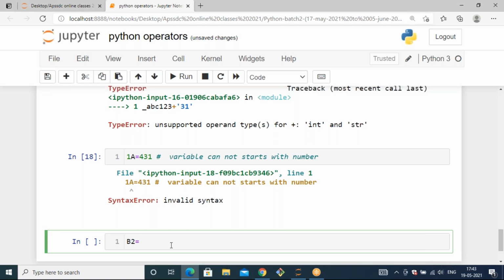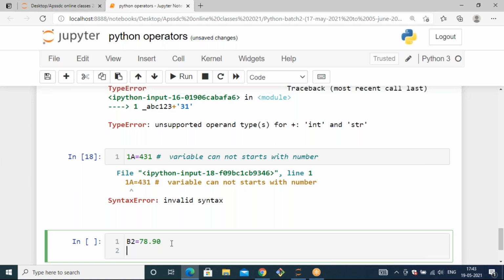If I want to pass a float value, how can you represent a floating number? Decimal point. Yes, you need to pass a decimal point in between, a point representation, so that the number is a floating number. So I'm going to mention 78.90.